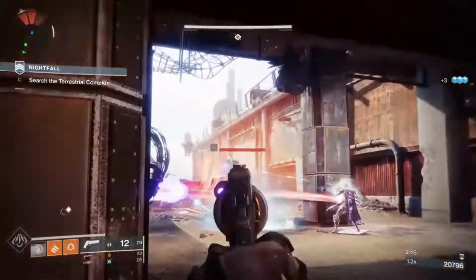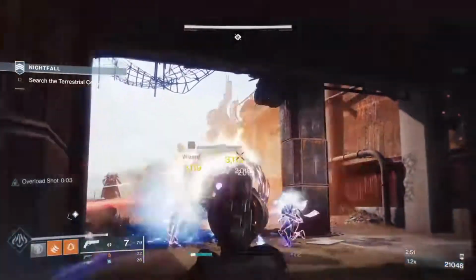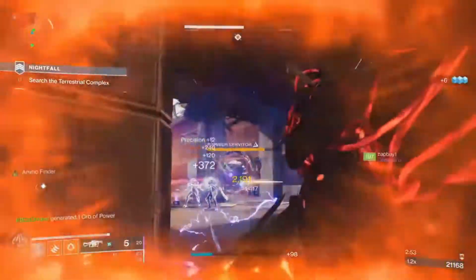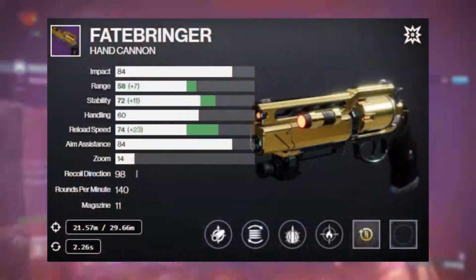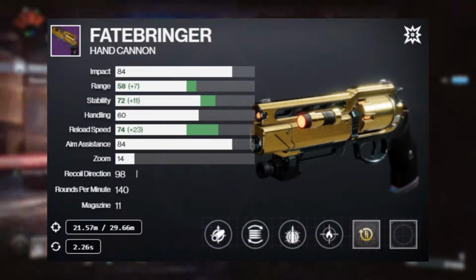So what's the guide roll? That depends. So let's start with PvE. There are 2 ways to build Fatebringer for PvE. On this build, we have the classic combination of Explosive Payload and Firefly, with Flared Magwell for extra reload speed,